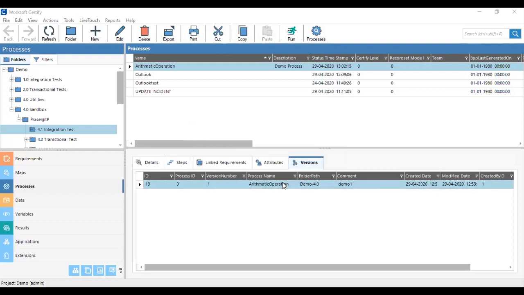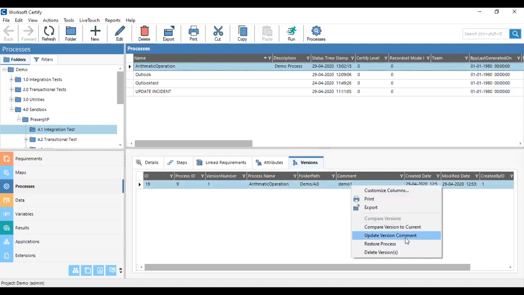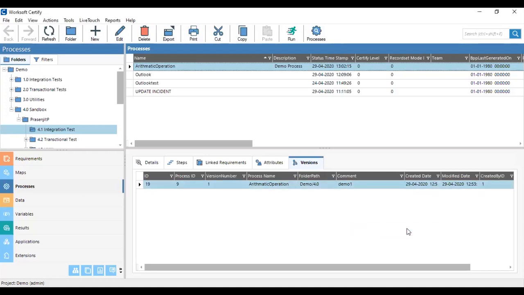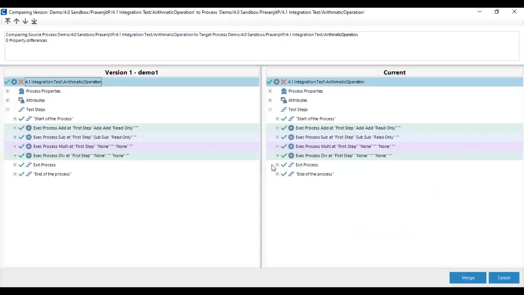Then the process will restore. We can open our current version of the process and check whether it is restored or not. See, the multiplication step is also there, the division step is also there, and the exit process step is also there. And you can generate a compare report and check those things again.